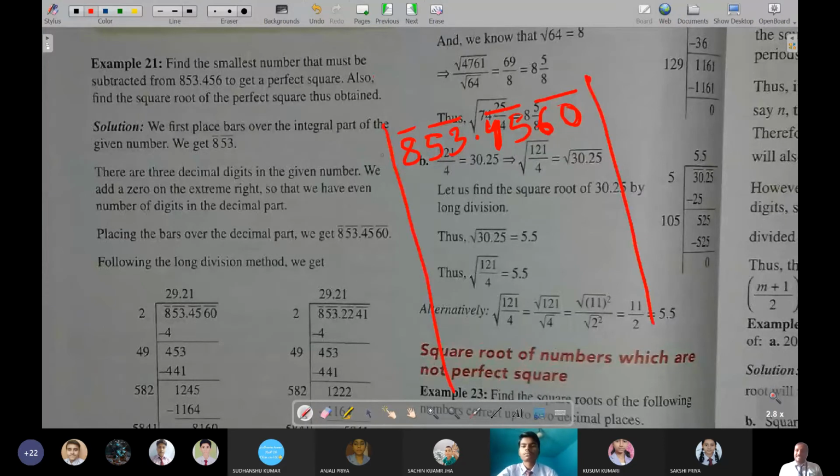Like here, 3 3s are 9, it will become more. So with 2, 2 2s are 4. While subtracting, what will happen? 4 will be left. 53 will come down as the next pair. When we add 2, it will become 4. Now if you keep 1, it will become 41 and it is 453. So I think with 9 it will be better.